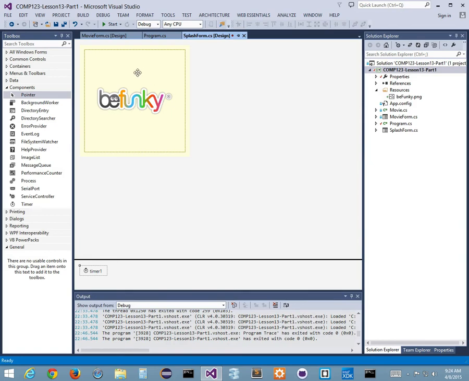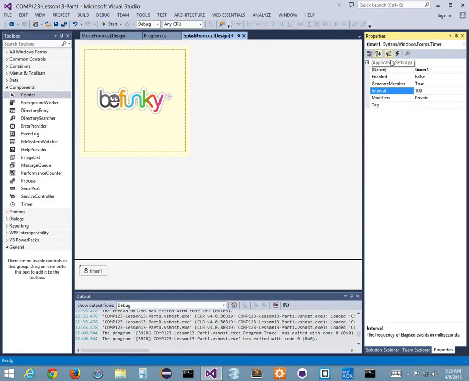So it's part of my form, but it actually exists outside of the viewable area of my form. It's almost like I've dragged in a new control that's invisible. My new invisible control called a timer. Now it's a form control, so it does stuff with my forms. It does things. So if I click on timer1 for a second, and go to properties,